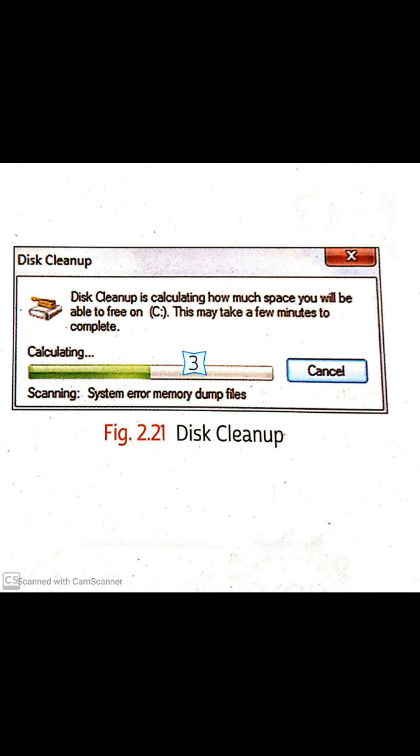Click start, then type disk cleanup in the search programs and files box and press enter. Or click start, point at all programs, point at accessories, then go to system tools and click on disk cleanup. Students, got it how to do?